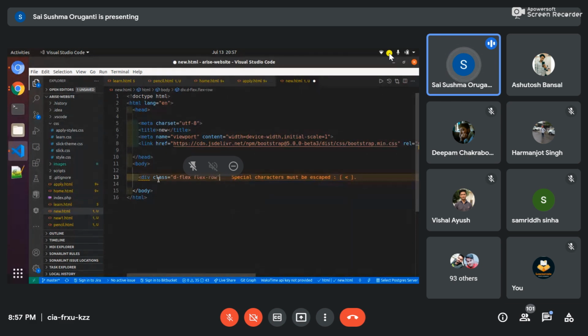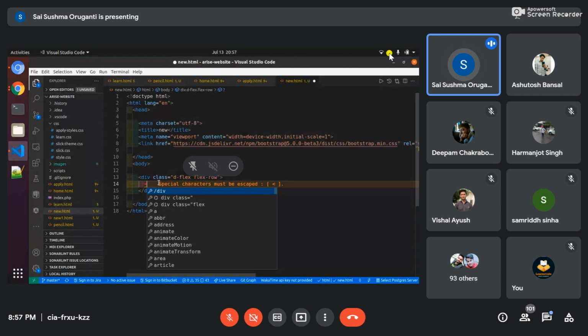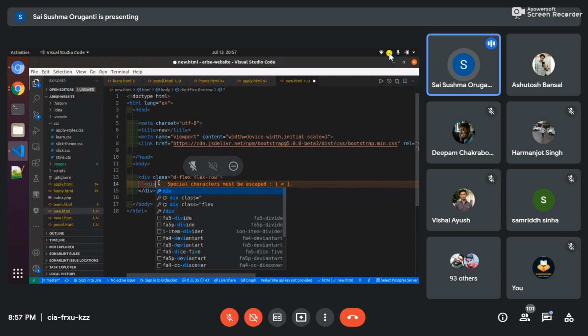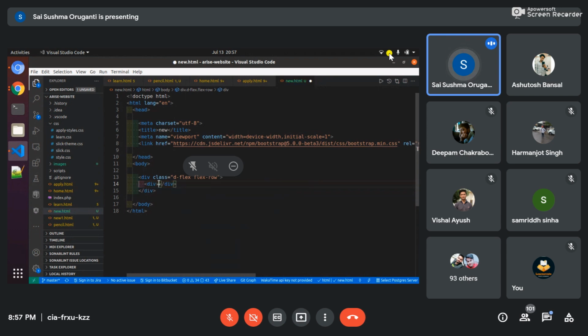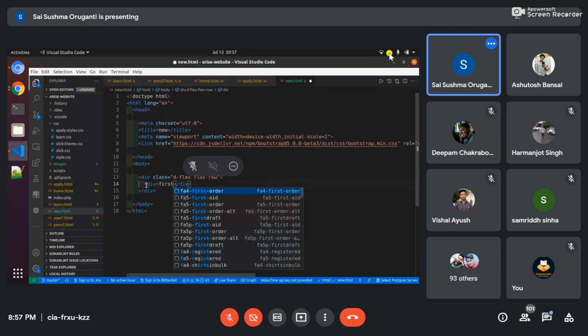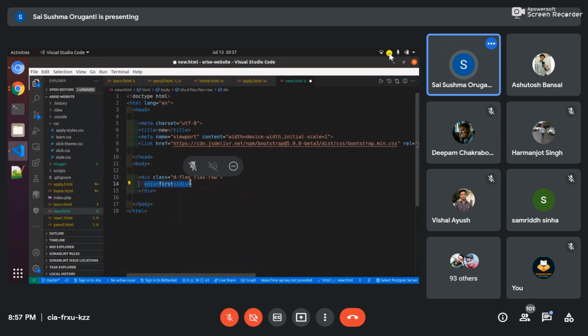If you are dividing this thing, you have to use flex-row. Flex-row is nothing but one total row. d-flex is a Bootstrap class. Inside this, how many parts you want to divide, this will not contain 12 parts like in a row. N number of parts you can divide it based on the size of the element. So if you want to divide, you can just write div, and inside the div you can write first part. I will just write first, and I will just copy and paste it for the time being.